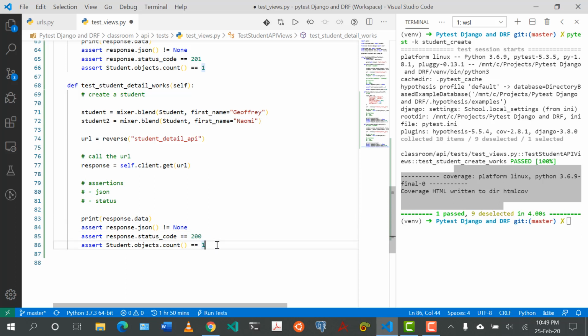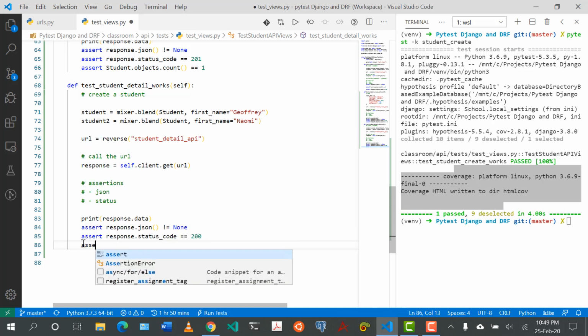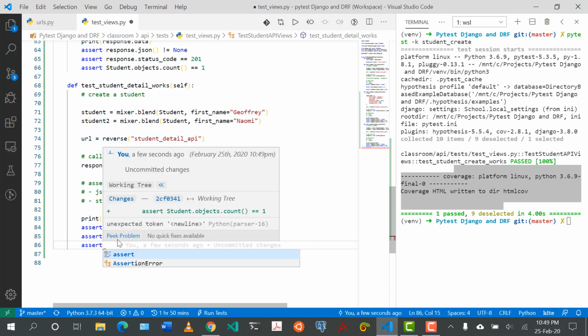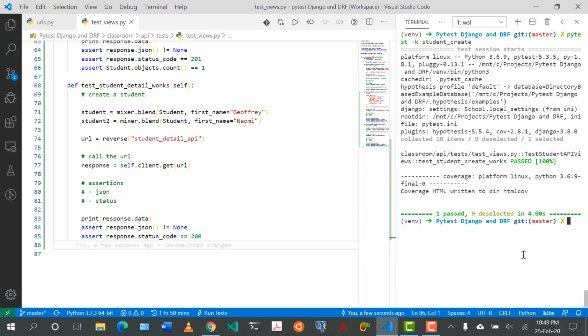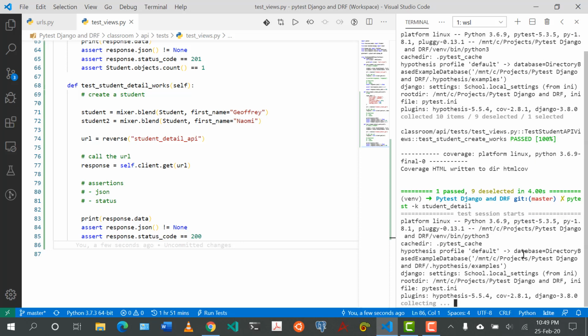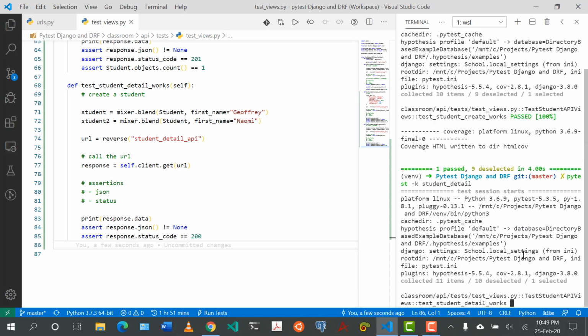This is redundant. This one won't work out of the box, let me just show you what I mean. There's something we need to pass here. If I do -k student detail, expect this to fail,